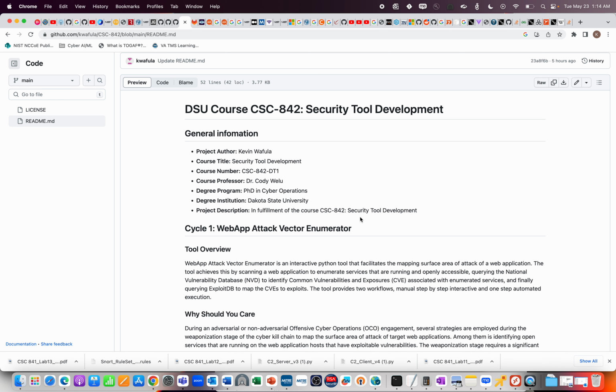Then eventually use those CVEs to query the exploit DB to identify any exploit codes that exist against